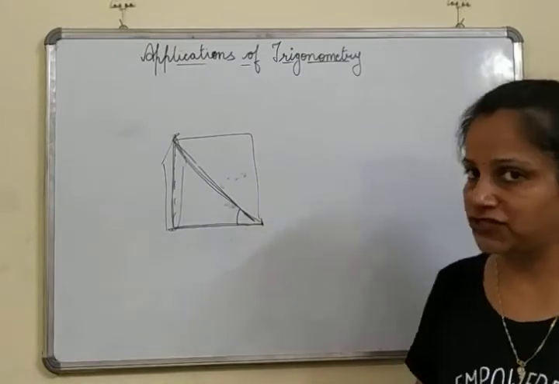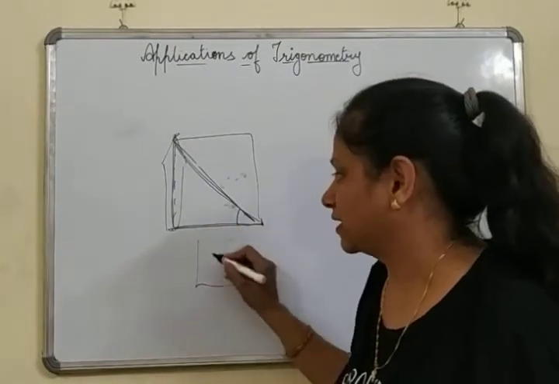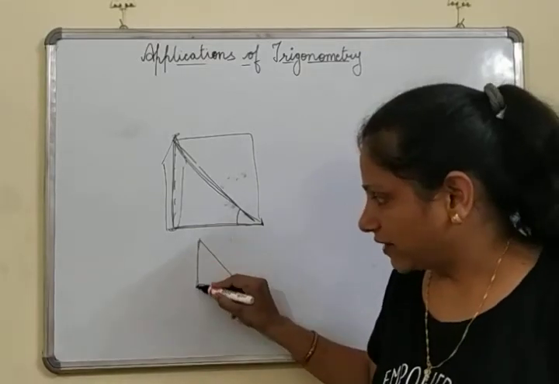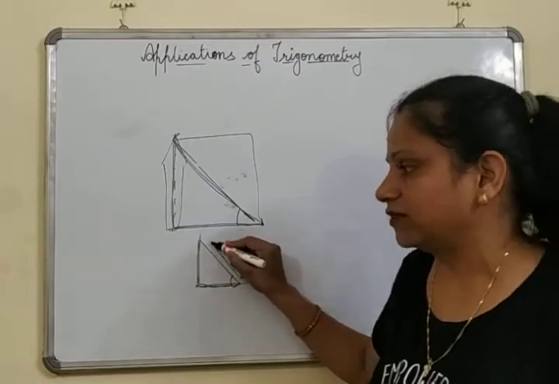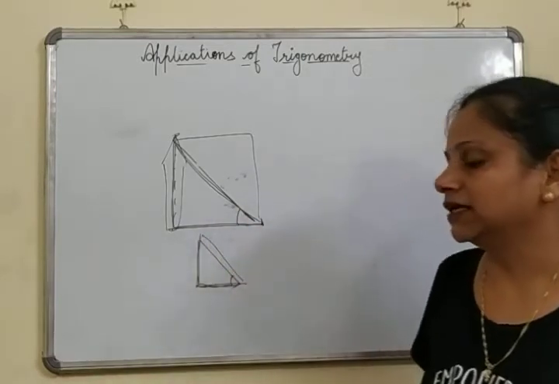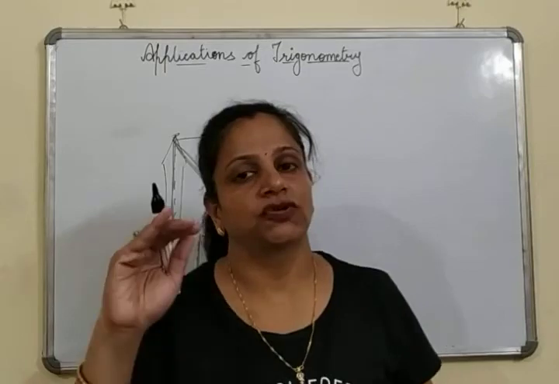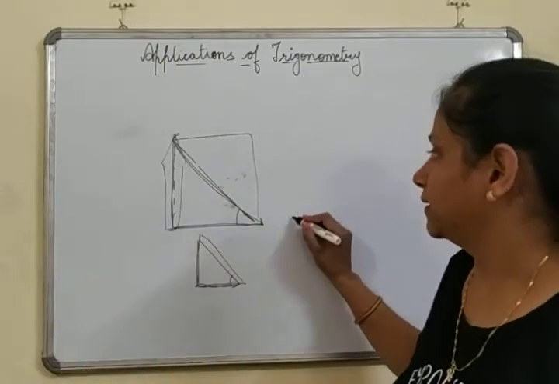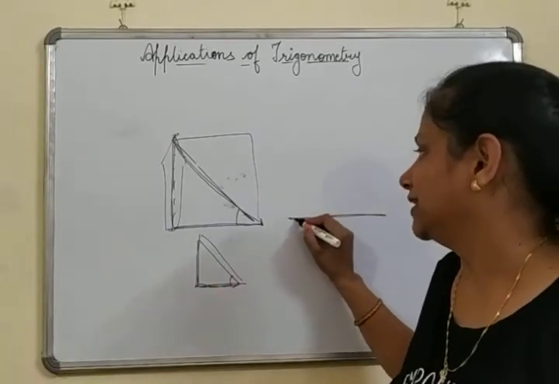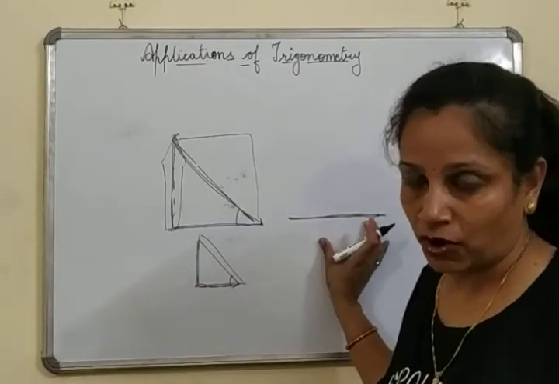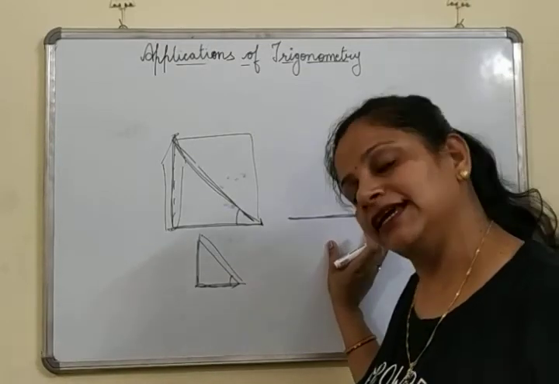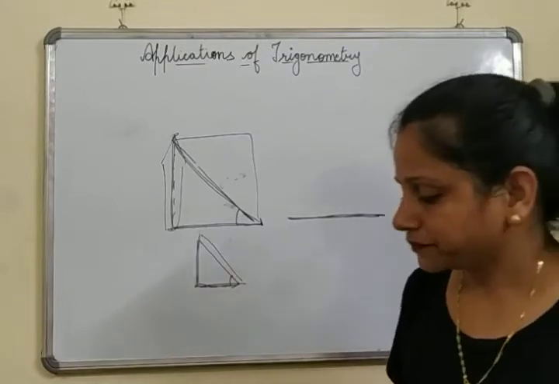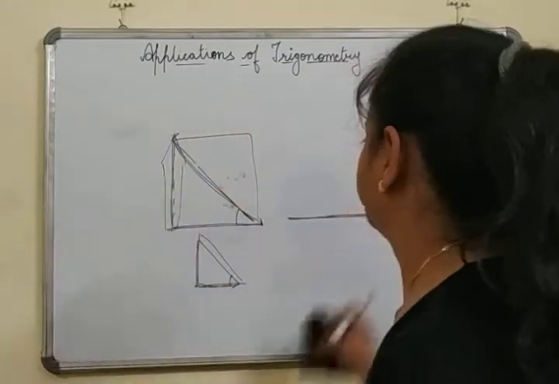Because in the previous chapter of trigonometry we have done that suppose we are having a right triangle in which we are given the angle, then we can find this distance, or this distance. Similarly, if we have to find the height of any tall object, or the width or the length or the distance of any monument or any temple or any field, then also we can apply trigonometry to it. Fine. Now see how to use it.